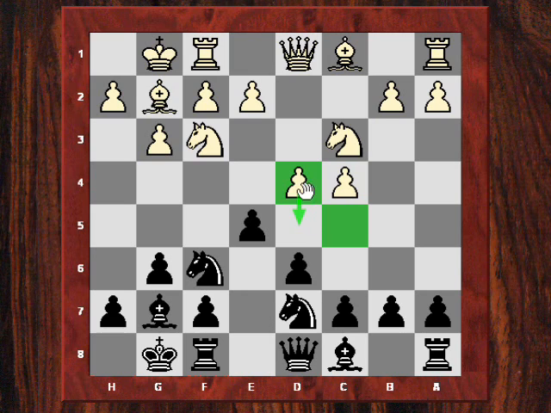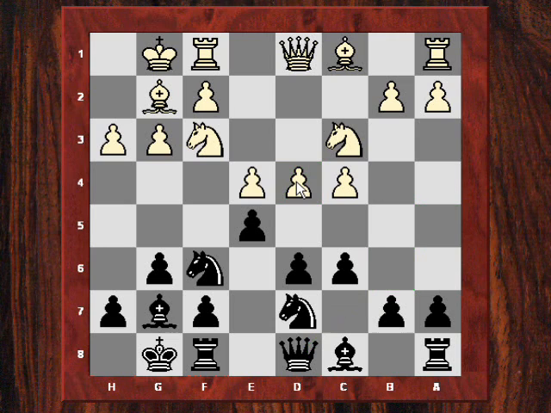Now if white plays d5 here, then the c5 square could be useful for black. So white was careful not to play d5, he played instead h3, and now Kasparov played c6. So this c6 lets the queen potentially come to either b6 or a5. From b6 it can put pressure on the d4 square, and this is what occurred in the game.